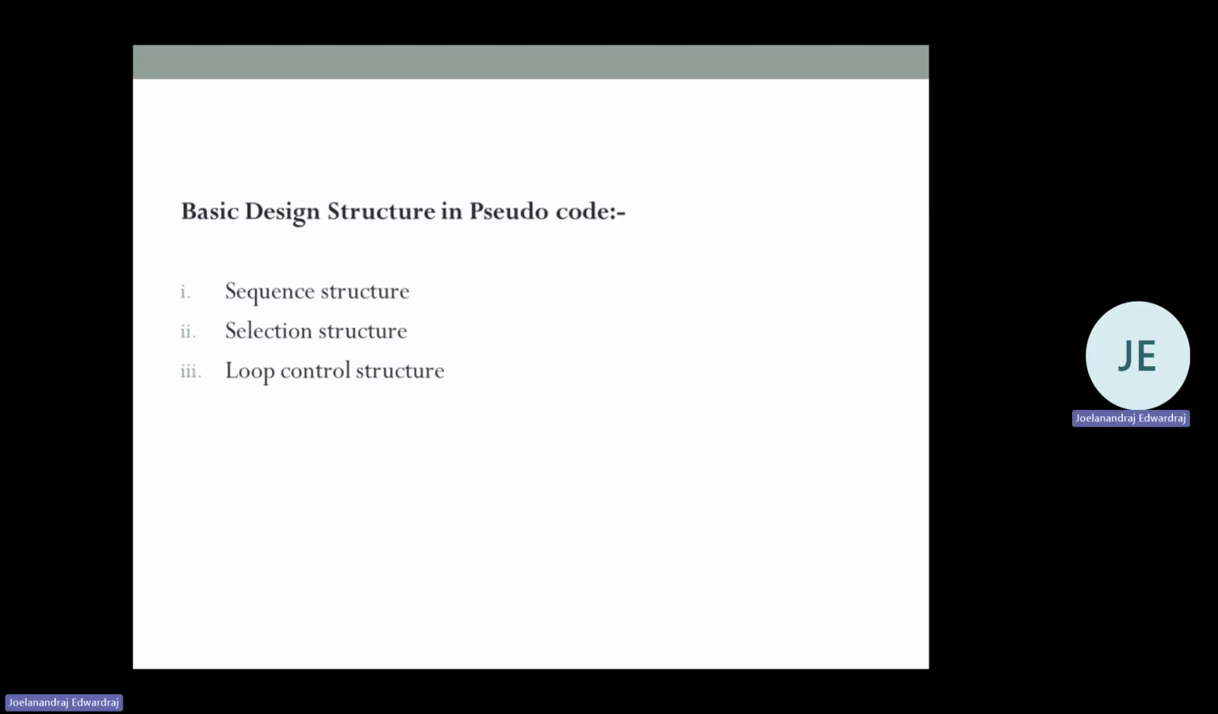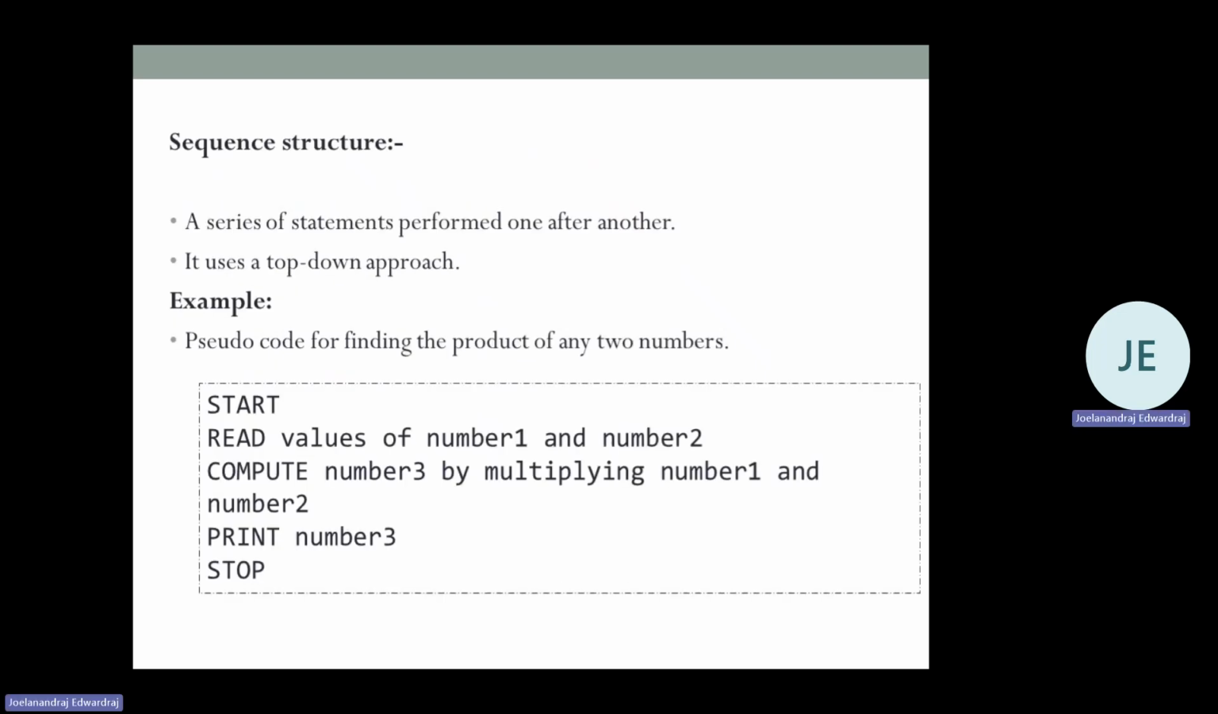Like what we have seen for flowcharts and algorithms, pseudocode also follows the same design structures: sequence, selection, and loop control structure. So we know what sequence is, right? A series of statements executed one after the other. Only the right sequence will get you a solution. If you just alter the sequence, sometimes it will give you